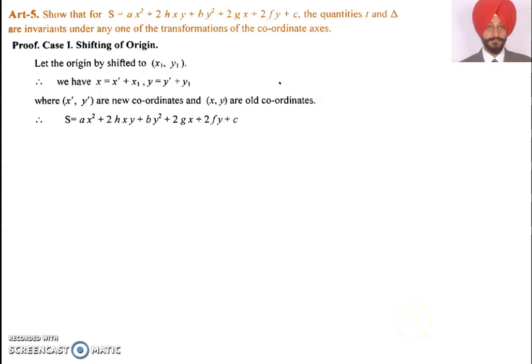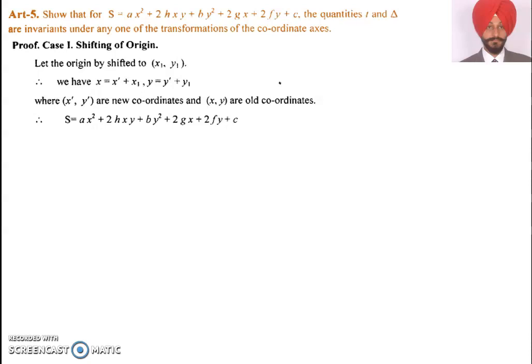First is the shifting of origin and second is the rotation of axes. In shifting of origin, let the origin be shifted to (x1, y1). So we have x is equal to x dash plus h, here x1, and y is equal to y dash plus k, and k is here y1,